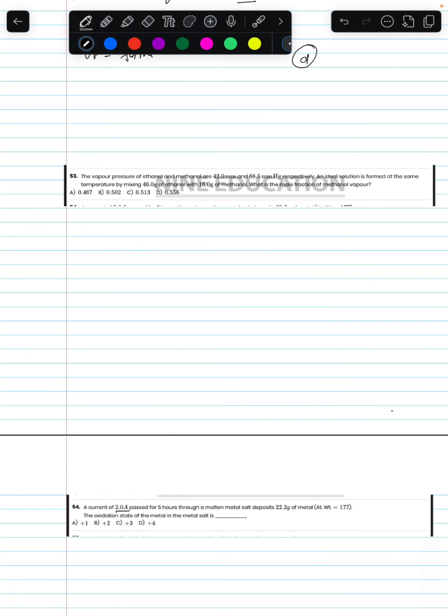Next is question number 53. In question number 53, the vapor pressures of pure ethanol and pure methanol are given, and ideal solutions form at the same temperature by mixing 46 gram of ethanol and 16 gram of methanol. Then what is the mole fraction of methanol in vapor phase? So first we have to calculate moles of ethanol, that is given mass 46 by molecular mass of ethanol 46, that is 1, and moles of methanol, that is given mass 16 divided by molecular mass 32, that is